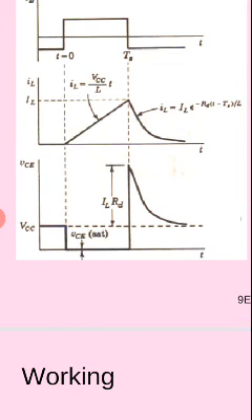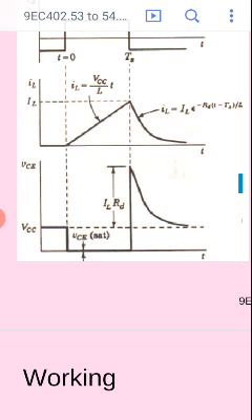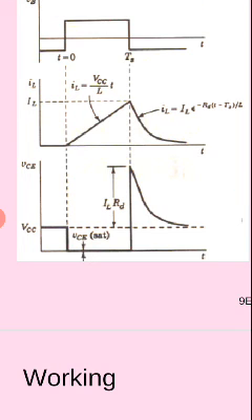When we go for output voltage VCE, at the time of ramp, or whenever the transistor conducts, the output is VCE sat. Hence, in the VCE output, whenever the transistor is in on time, VCE sat is shown. When the transistor gets off, its voltage rises to VCC. There onwards, it decreases.